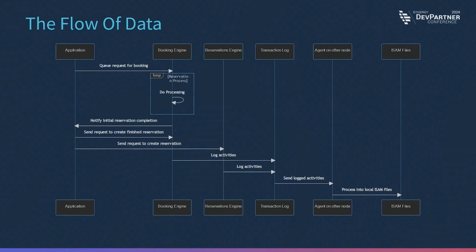They're working against ISAM files. They don't know that I've changed out from under them this whole Kafka thing. It's application transparent, including for the engines. So they do all their logic the way they always used to. The IO hooks intercept all of that, send those out to Kafka, and then the other nodes in the system get those events and replicate those events into their local ISAM files. So that's how data just flowed through the system in this demo.